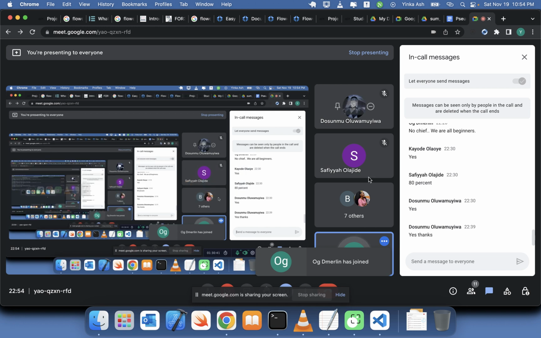So now, at this point, I believe that you guys have an idea of what the pseudocode for this would be and how the flowchart